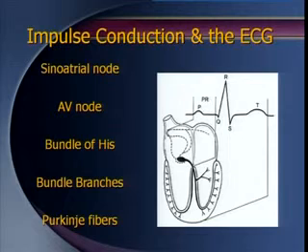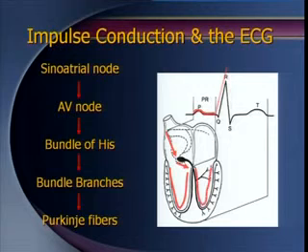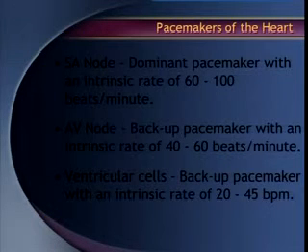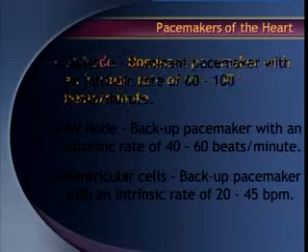How does this schematic representation correlate with the ECG? You have the SA node to the AV node, thereby the atrial depolarization taking place. Then the AV node, part of the PR interval, then the entire QRS complex, that means the ventricular contraction occurs, that is the ventricular depolarization. The remaining part is called ventricular repolarization.